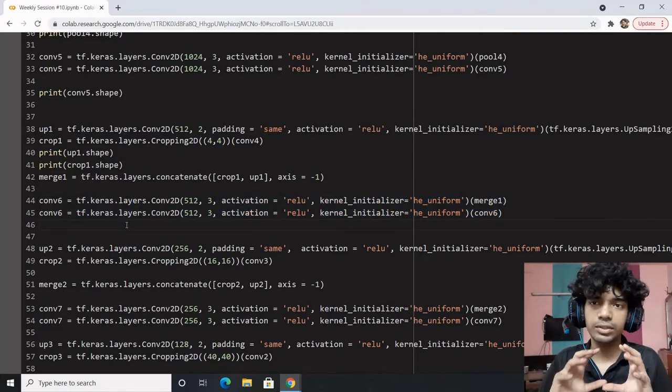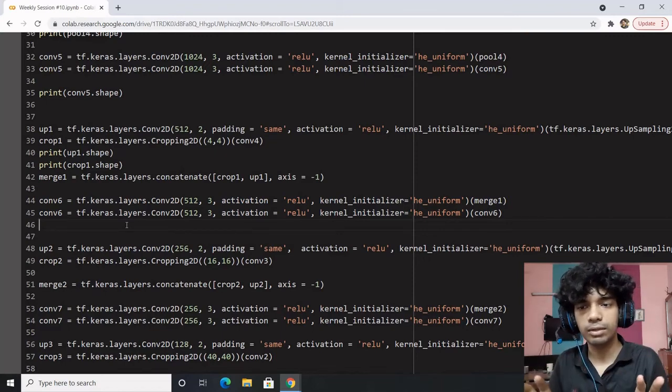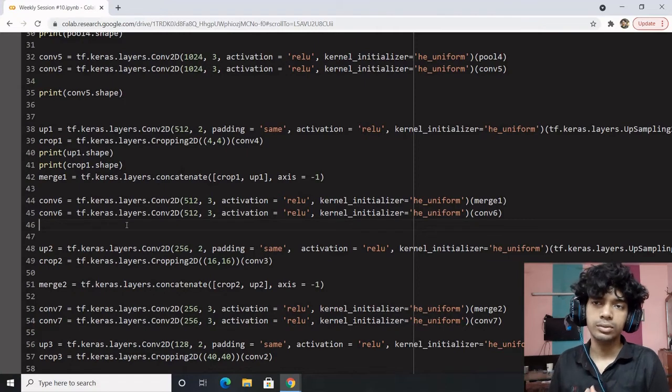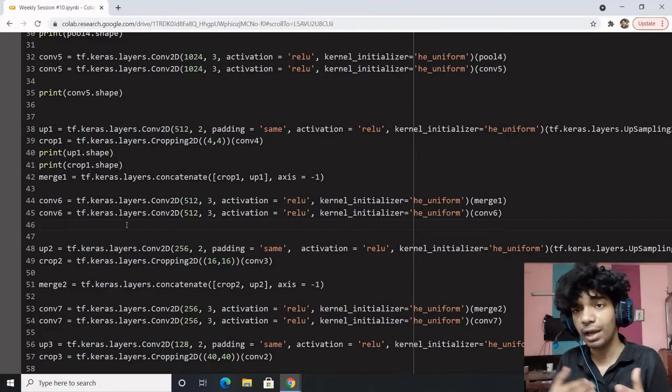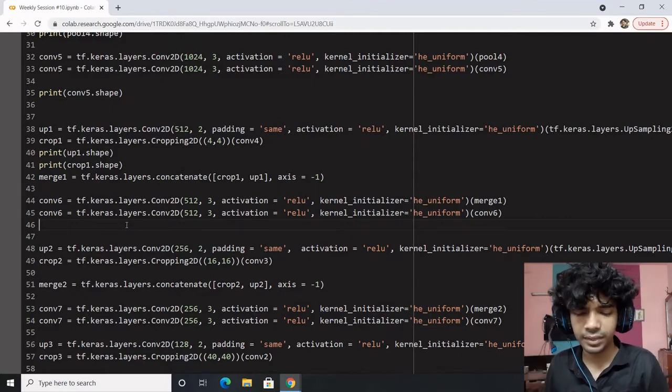So whenever you have any input and you are given the mask anywhere, no matter what the domain is, medical, non-medical, technical, automobile. In automobile you have the Cityscapes dataset. For medical you have the biomedical images dataset. For anything you have the person dataset. So if it's a person and the corresponding mask, face and the corresponding mask, this is background removal, anything. This is the best way to proceed.